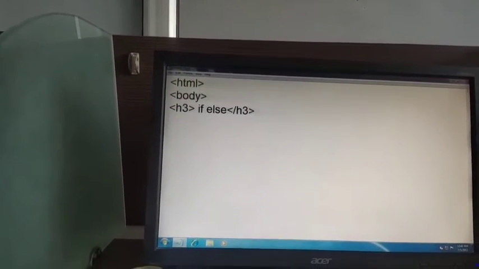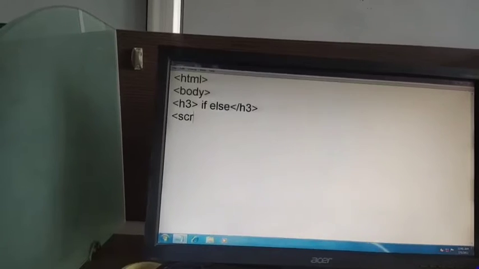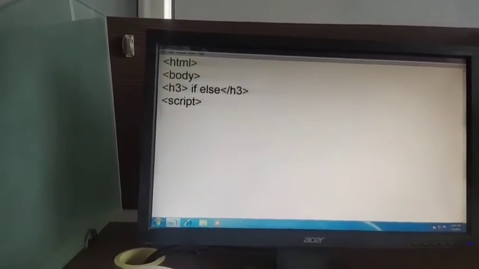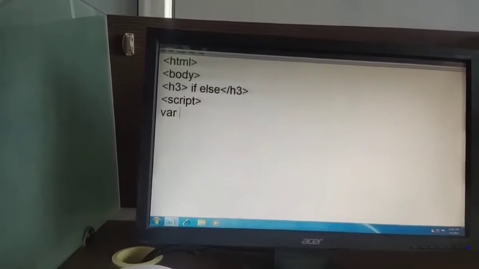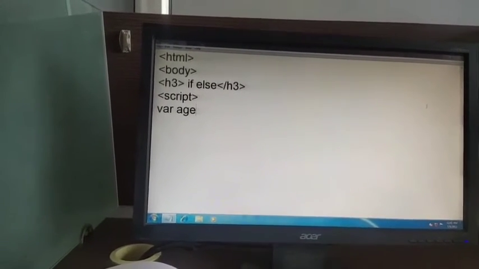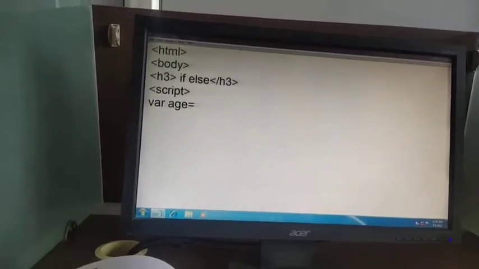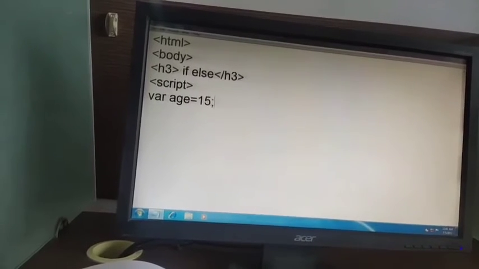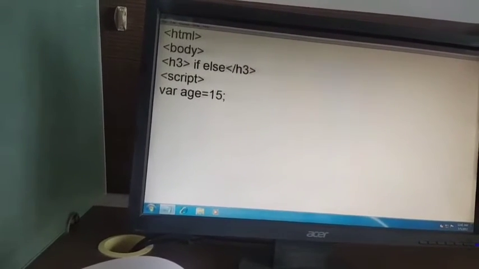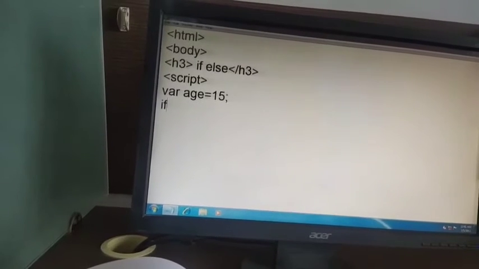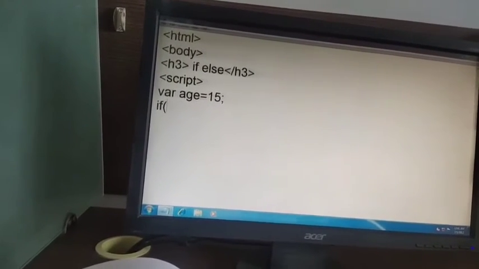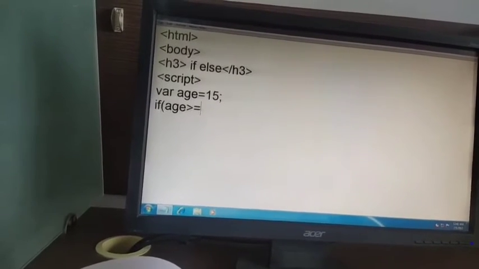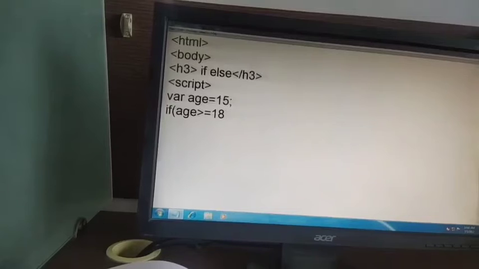Now I am declaring a variable. First I have to use the script tag because I am writing JavaScript. So I am writing the script tag, then var age. Age is equal to whatever age you want to give; suppose I have written 15. Now I have to check it. If age is greater than or equal to 18.